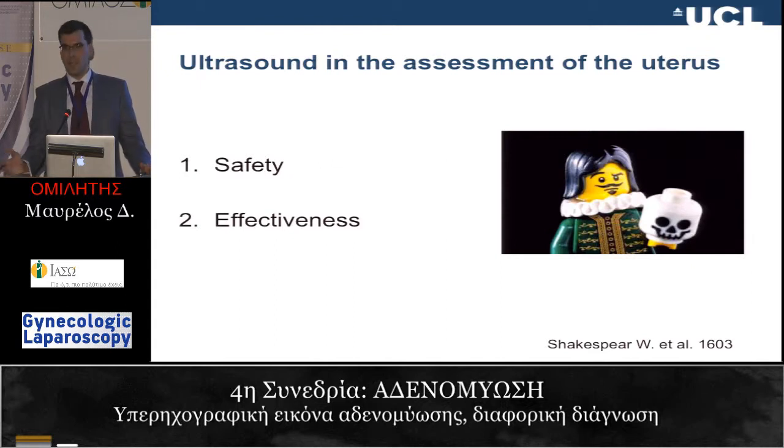Well, the first thing is safety, because of course any uterine pathology can be something else. If you are not confident about what you're looking at, you can make the wrong diagnostic decision, you can make the wrong treatment, and then you may put the patient in danger. And also effectiveness. If you want to know that the treatment you're suggesting is going to solve the problem, then you need to be right about the diagnosis you've made. And these are the two things that I'm really going to focus on.